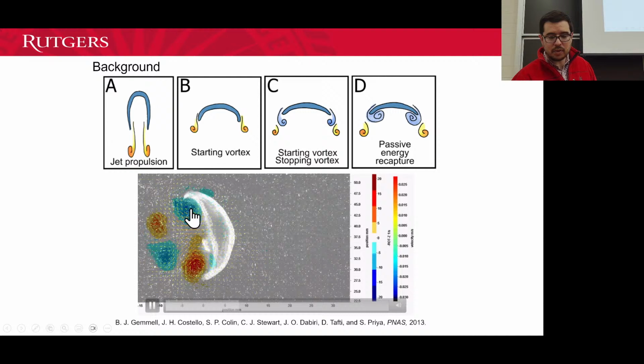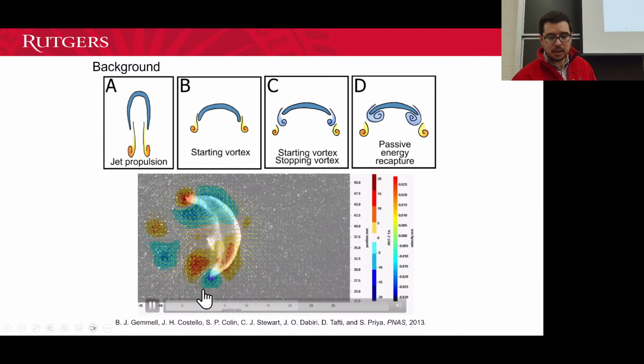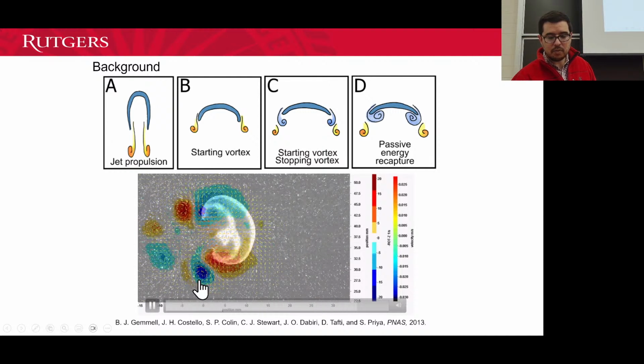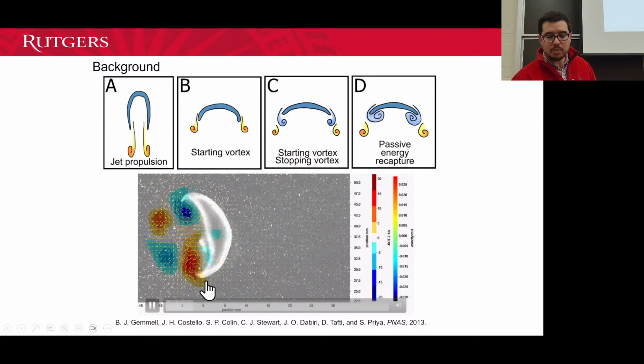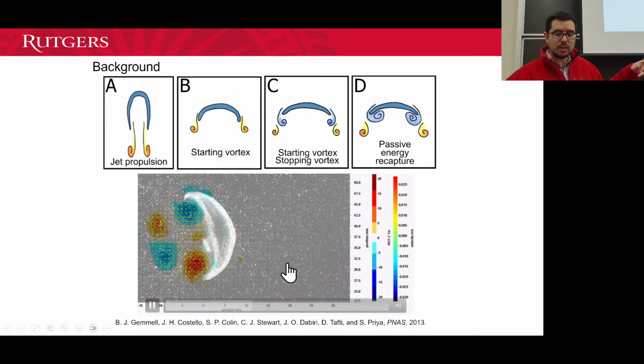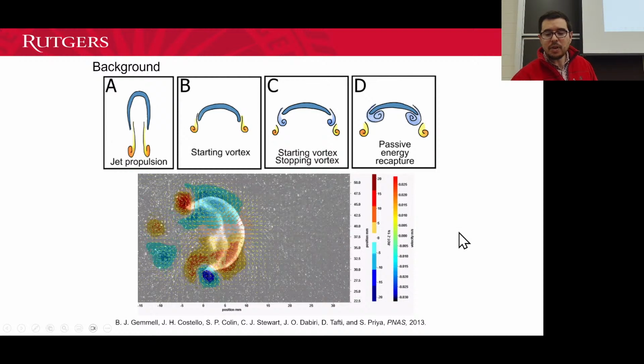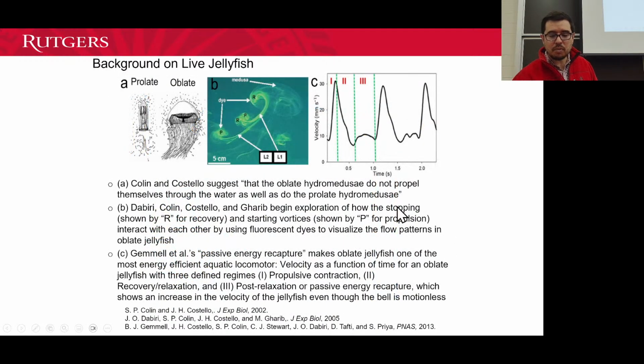Okay, so now that's kind of the creation of a stopping vortex. That's going to be the creation of the starting vortex. And then as it opens up, oops, I guess I didn't run it long enough, then there's the stopping vortex. Passive energy recapture is the term they use to refer to the behavior of that stopping vortex hitting the underside